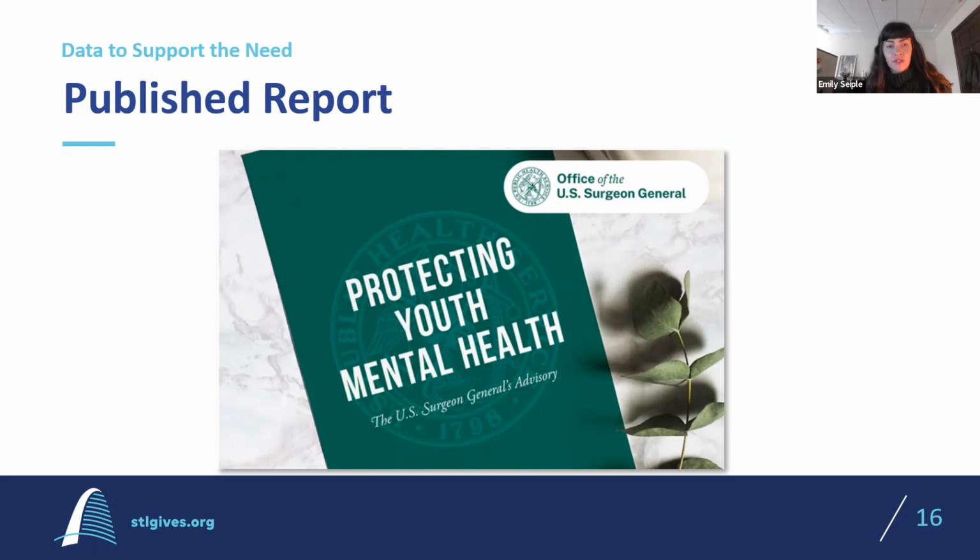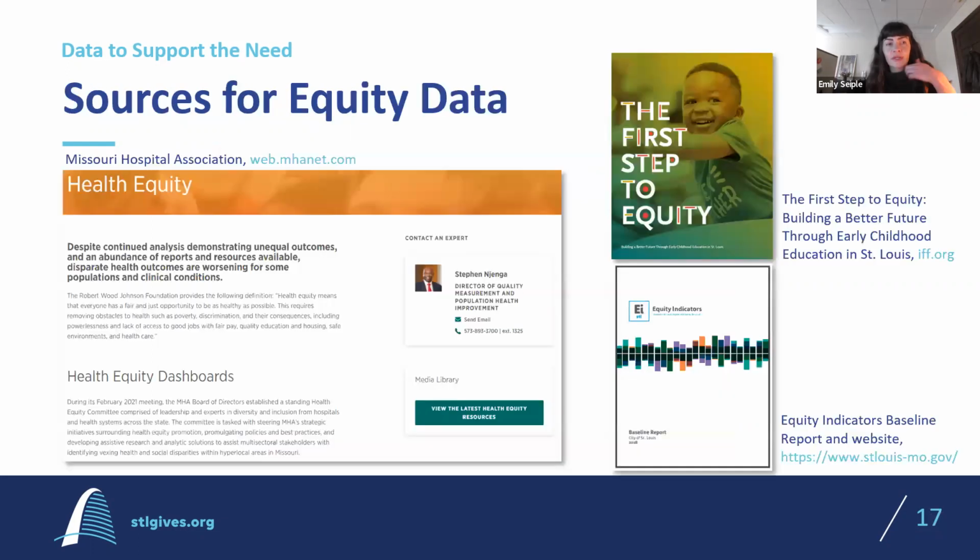So moving down to more state level or local resources, these are just a couple examples. And I just highlighted some data sources that would help dig into equity outcomes or needs that are different across race and geography. One of them is from the Missouri Hospital Association. And beyond health equity, they have a number of other big categories that they provide resources on. I know this image is a little small, but in the bottom corner, you can see that they have a whole media library.